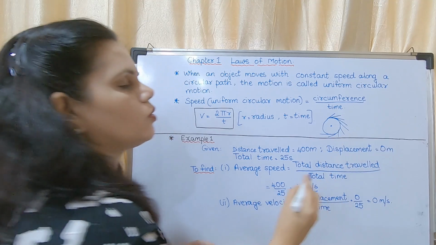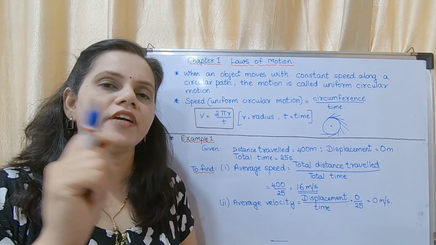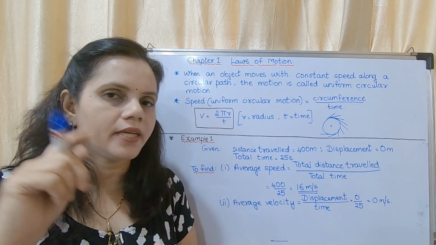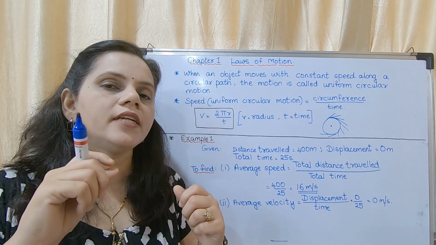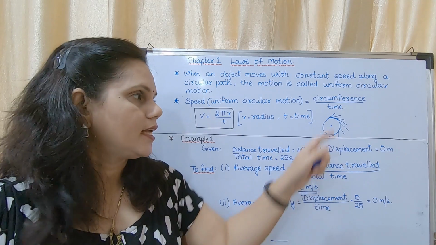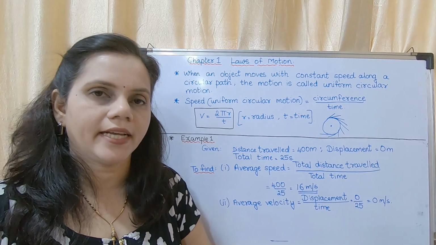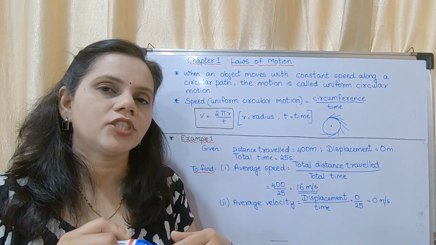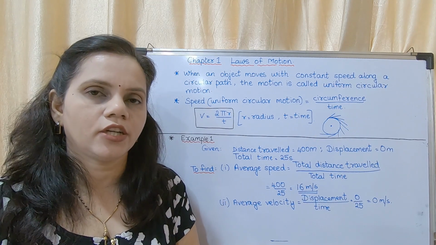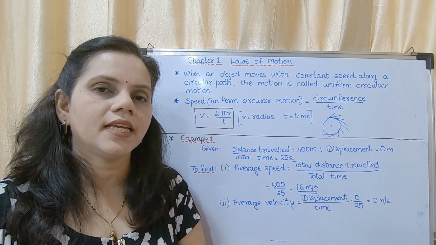That means if you have tied a stone to a piece of thread, and you are moving it in circular motion, if you leave it, it does not continue to be in circular motion. Okay, the point where it loses contact, it goes in that direction, isn't it? If you leave it here, it will go in that direction. If you leave it here, it will go in that direction. That means the direction is along the tangent of the circle. That means at every point the direction is continuously changing.